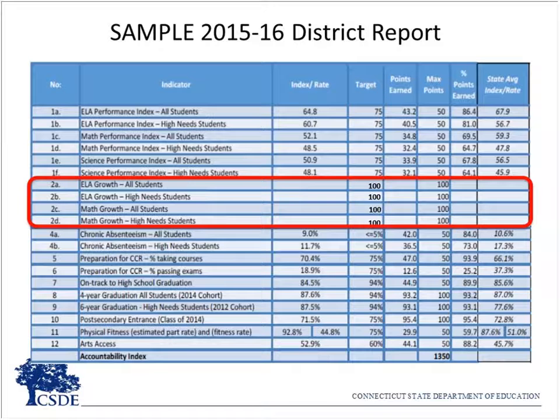So once we have the 2017 data, obviously we will look at, A, how our growth targets are doing and how our students are progressing across multiple years. But at this point, there is no move to look at a multi-year growth model. This is an annual growth model. We're testing annually, and we want to make sure that students are growing at least, making at least 1 year's worth of growth in the year, hopefully more, for some of our historically underperforming students. So at this point, it is an annual model, but we will be looking at the 2017 and potentially the